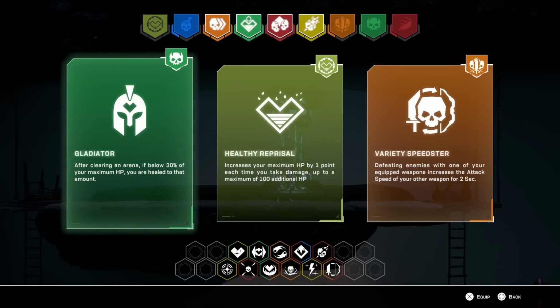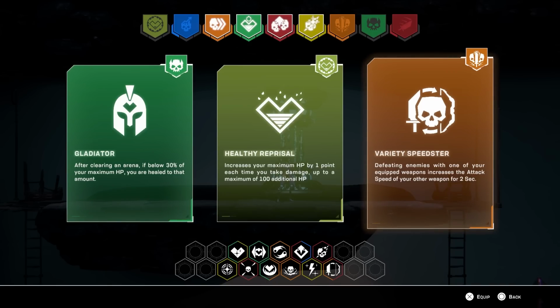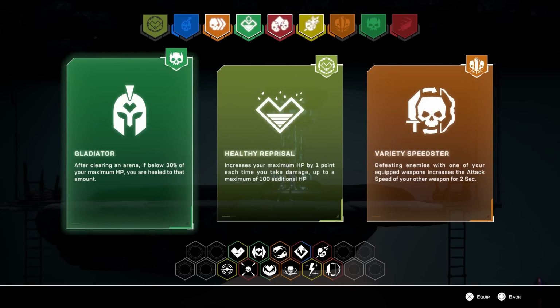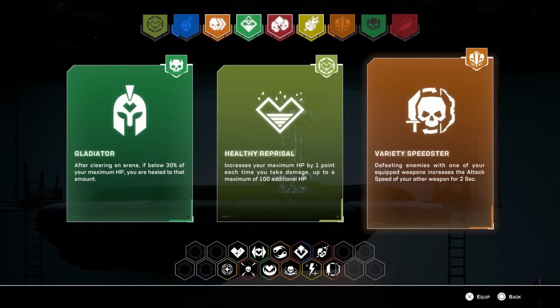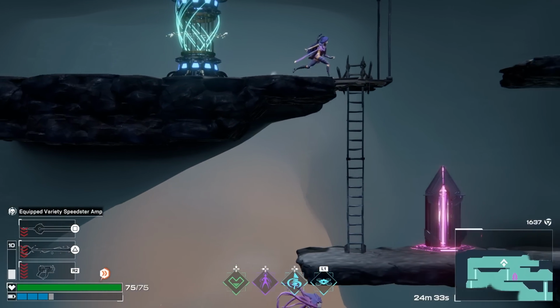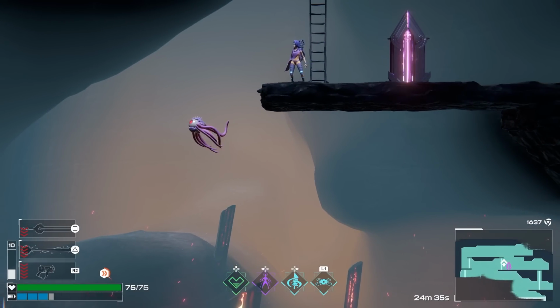The only one that I've got a point in so far is the orange one. Beating enemies with one of your equipped weapons increases the attack speed of the other. That's synergized with the damage increase one we just got. Increase maximum life by 1 point whenever we get hurt, up to a max of 100 bonus. After clearing an arena, if below 30% of your max life, you are healed to that amount. That's okay, but I do like the variety speedster option here. This is pretty good. It means that our next attack for our...